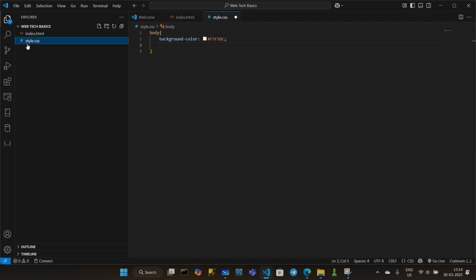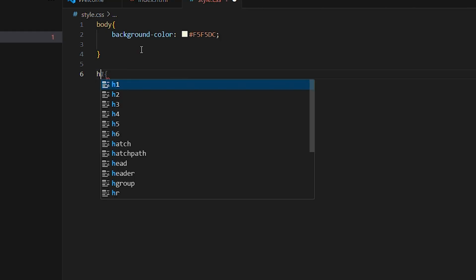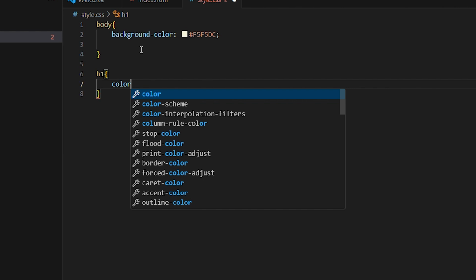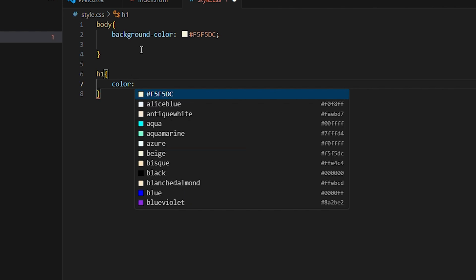With not just background color changed, we could add different things. Let's not select just the body tag, let's select a different tag. We could select h1, which we used as the heading 1. We could change it, like we could use a different color. See, we are not using the background color here because we do not want to change the background color. We need to change the color of the h1 element. Color, colon, and the value. The value which I would be using here would be